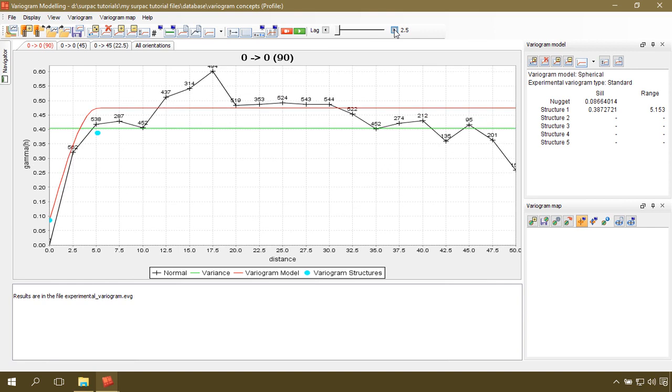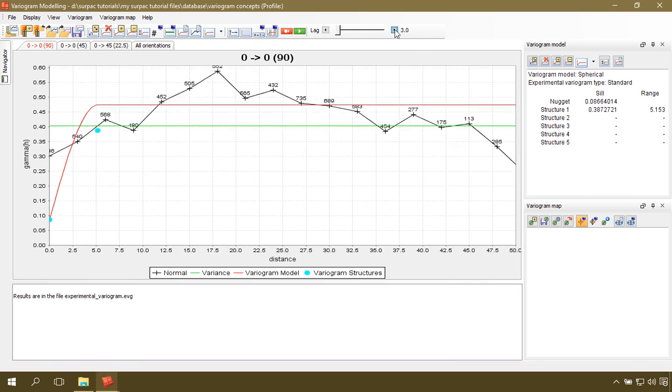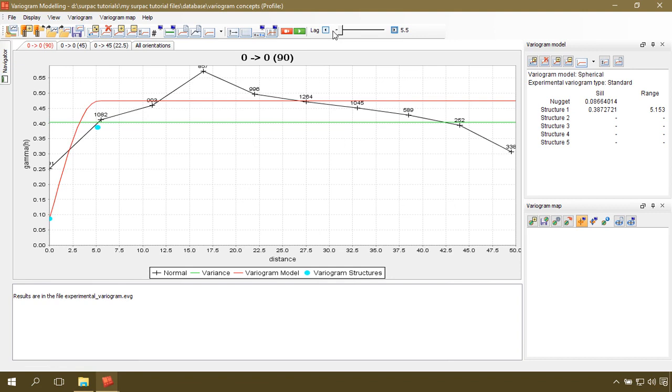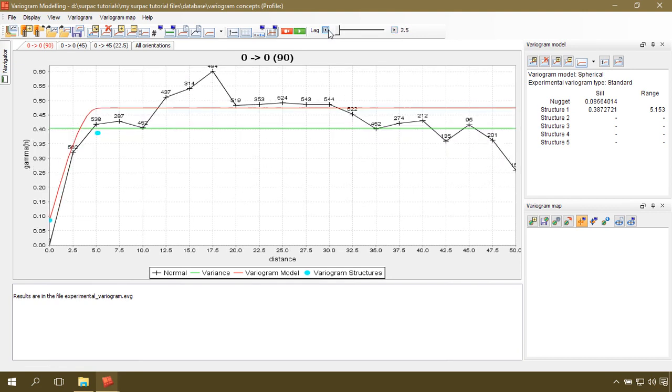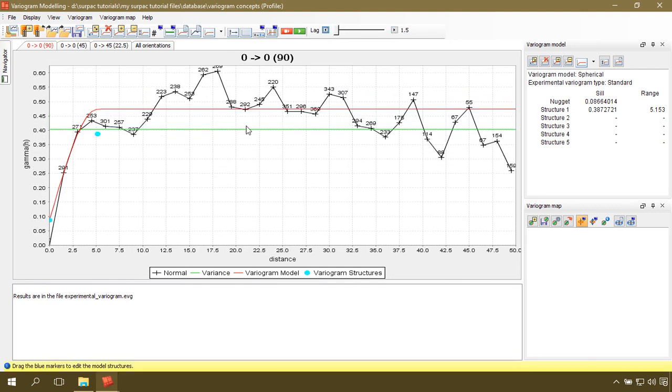When you continue to increase the lag spacing, you notice that your experimental variogram becomes more smooth. Let me get back to my 1.5. Now it is required that you fit your variogram model to the first 3 or more points, or the first 2 or more points. So I can drag my